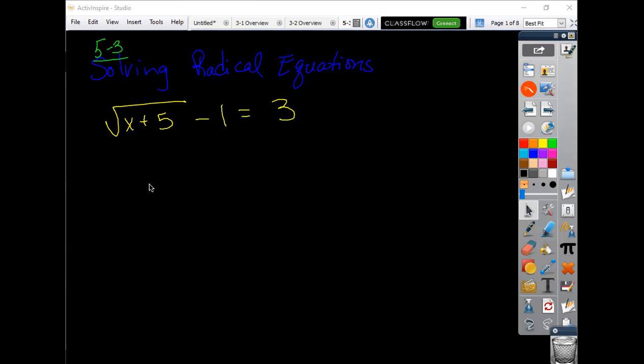All right, lesson 5-3, solving radical equations. Here's kind of an overview. So if we're supposed to solve for x in this problem, like normal, we get everything to one side if we can. In this case, that would mean add this 1 to the other side,